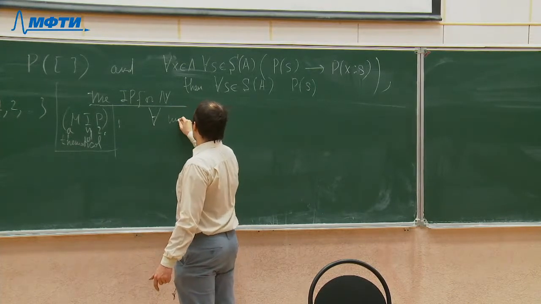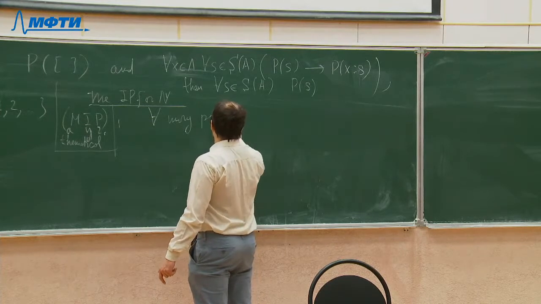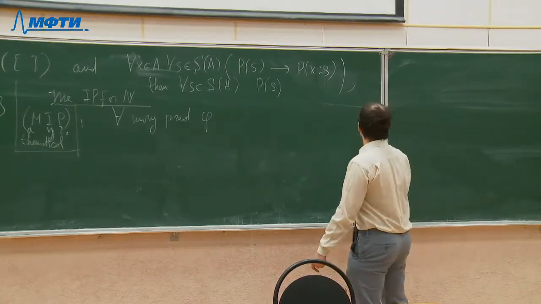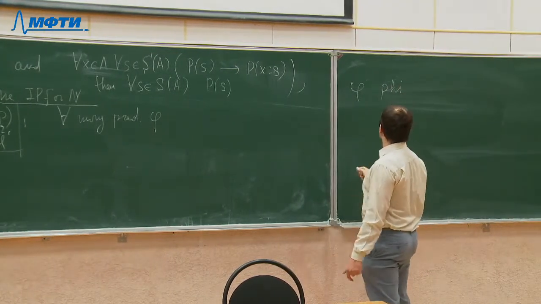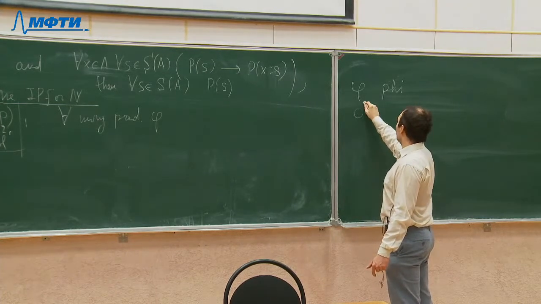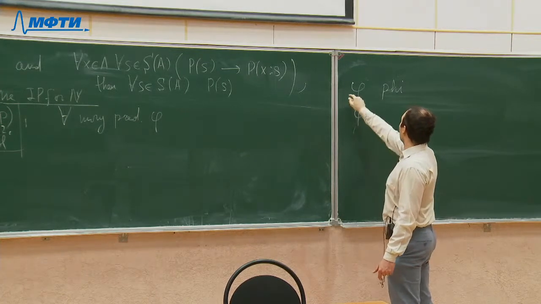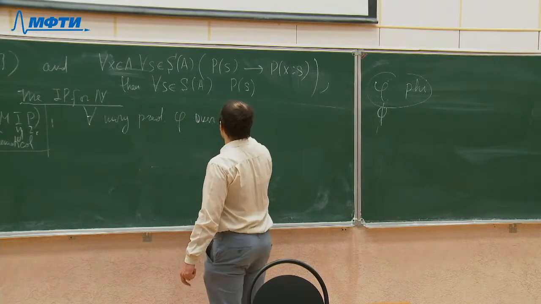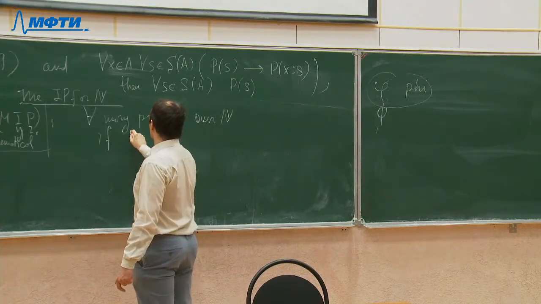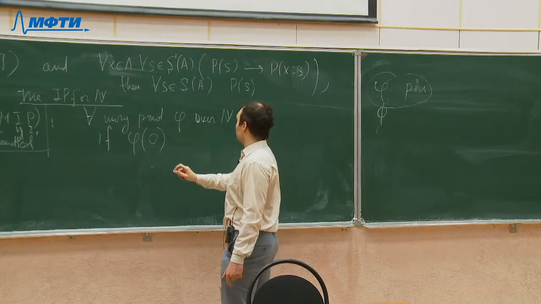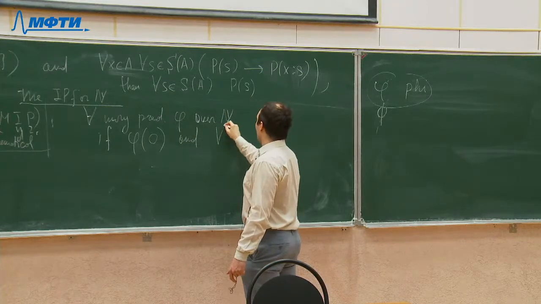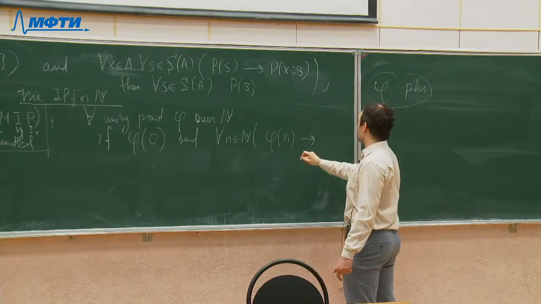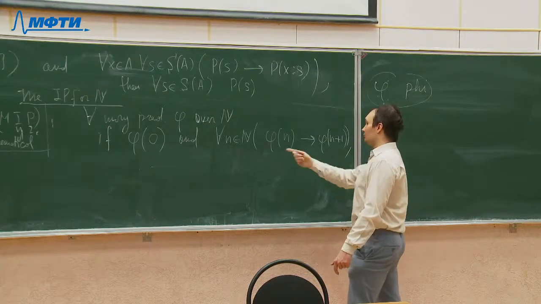For each unary predicate, let it be phi. Let's learn Greek letters. Phi. In an alternative script, it would be something like that, but we prefer this one, so phi. For every unary predicate phi over naturals, if phi holds for 0, and for every natural number n, if phi holds for that number n, then it holds for n plus 1, if these two are true,